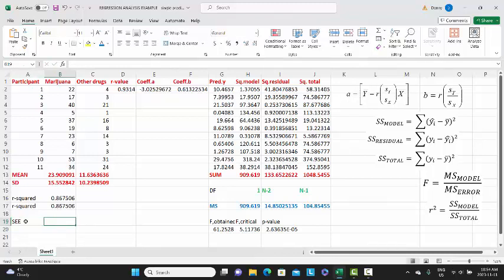Now, to calculate the standard error of the estimate, we need to understand what the error is related to the prediction, and that's given by the residual. Recall that the residual over here on the right is the difference between the actual value and the predicted value. If this was a 0, then we would have a perfect prediction. But of course, with real data, we never have that. So we want to take into consideration the magnitude of the variation with our prediction